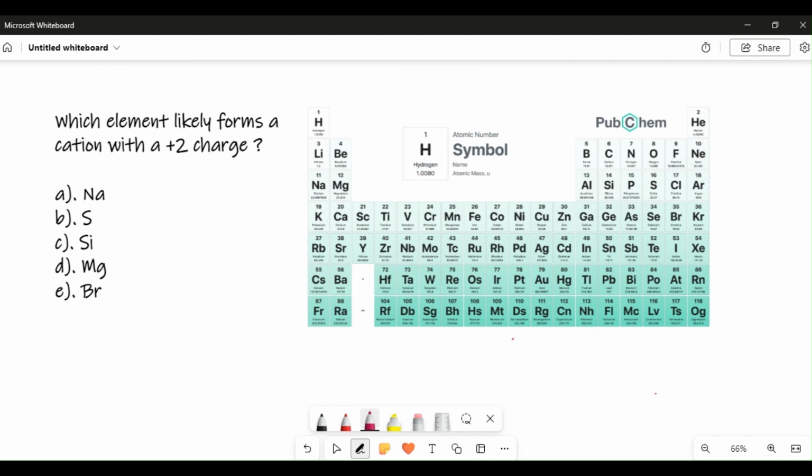Today I'm going to be teaching you how to solve this question, which is: which element likely forms a cation with a positive 2 charge. The first thing you have to know is to look at the keyword, which is cation. And the second thing is for you to know that it forms a plus 2 charge. A cation, for those who don't know, is just basically a positively charged